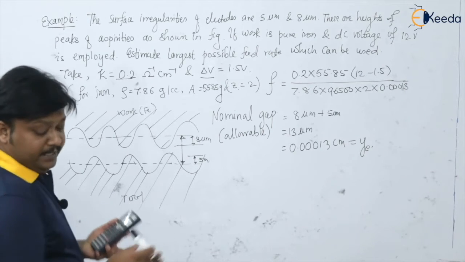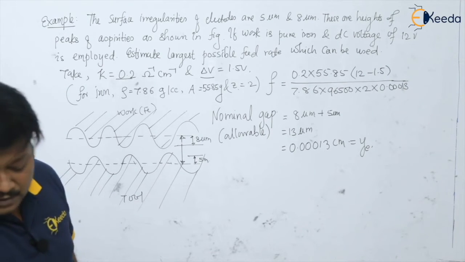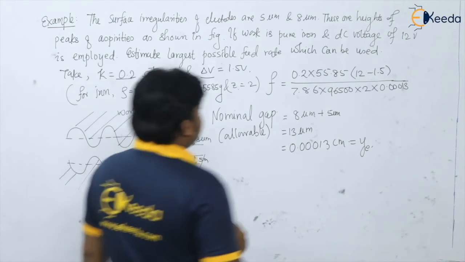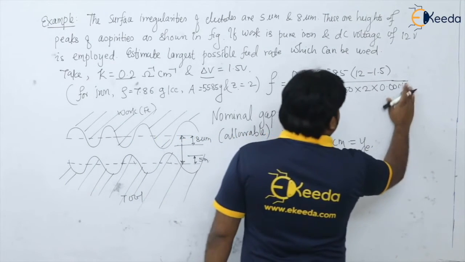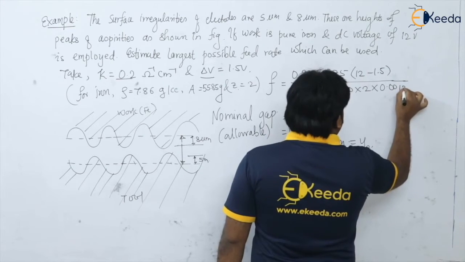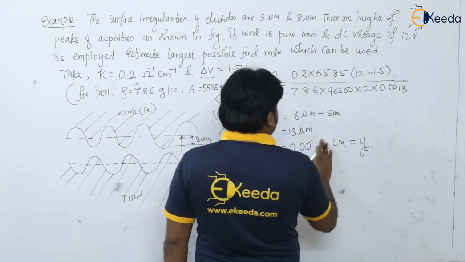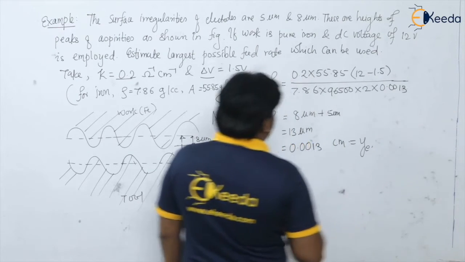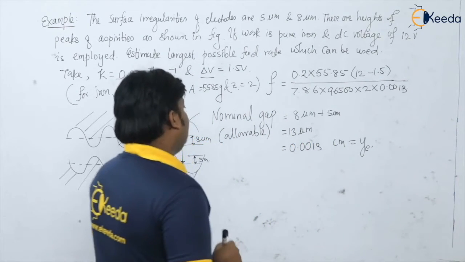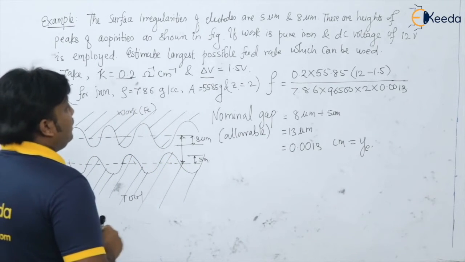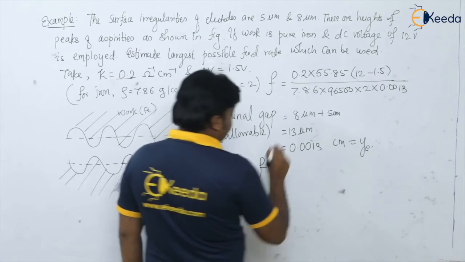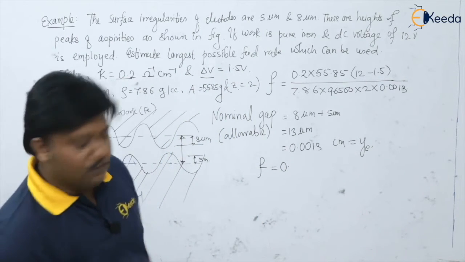So it will be 0.6 or 0.59. Please remember, oh, sorry, it is 0.0013 centimeter. Okay, so if we have this value, then the feed rate will be 0.059